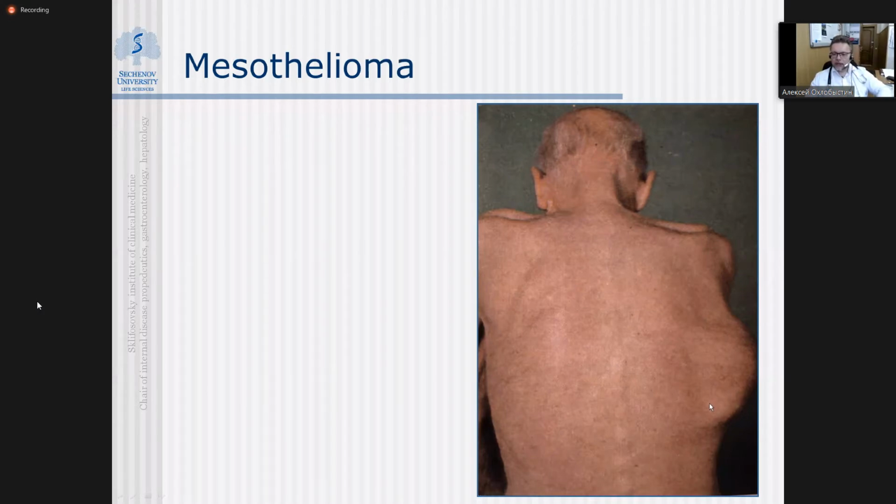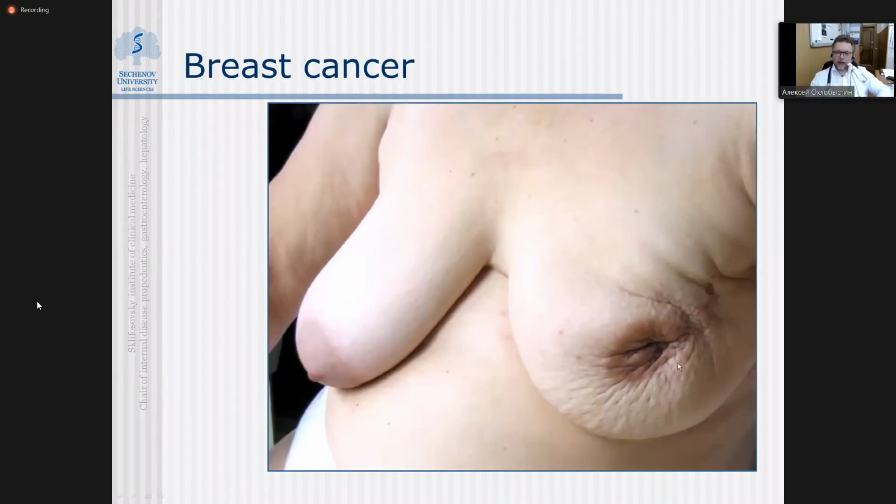Fortunately, in many cases, they will be small, but again, it will be difficult to diagnose at the early stage of mesothelioma. Sometimes you may get some help from CT, from ultrasound, but typically without pleuroscopy, without invasive examination, you'll be unable to diagnose the disease. Please remember that one of the most common cancers, breast cancer,